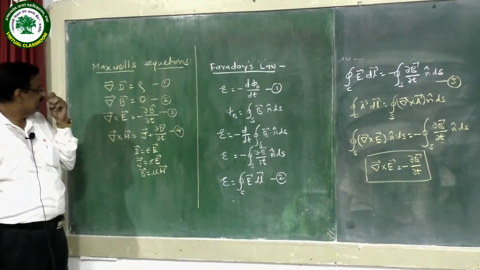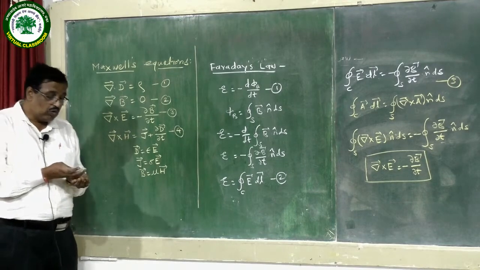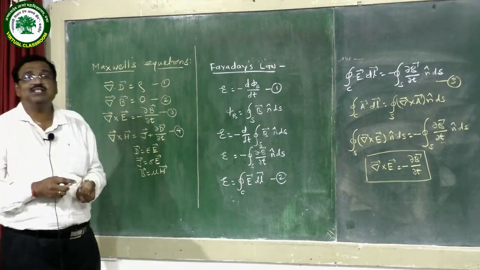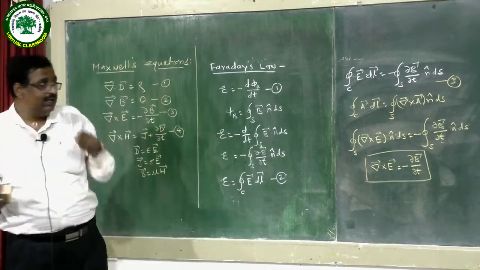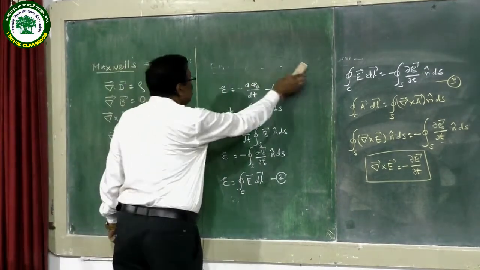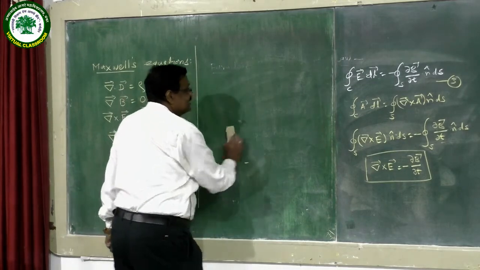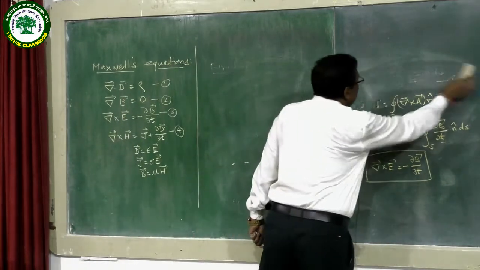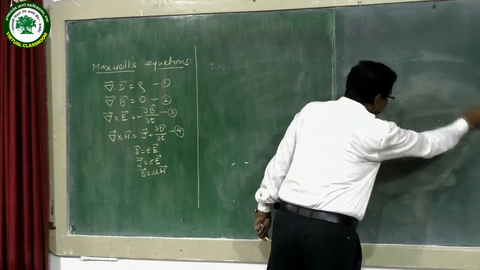Now we want to consider the applications of Maxwell's equations. The most important application of Maxwell's equations is the Poynting vector theorem. This Poynting vector theorem proposes a relation for energy, that is known as electromagnetic energy. So we consider a relation for the Poynting vector theorem.